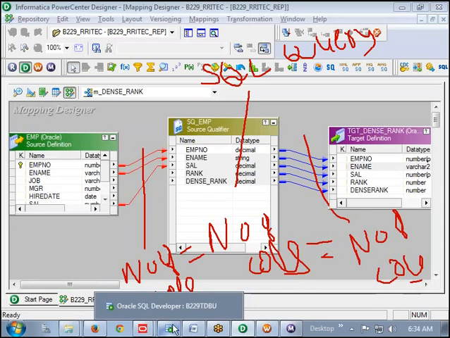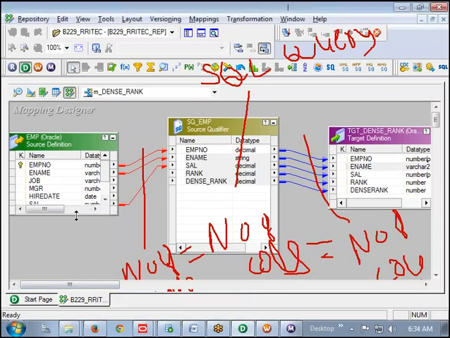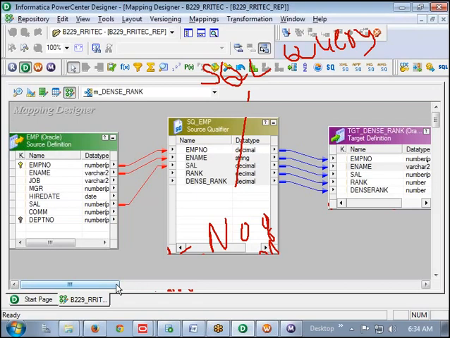Now try to connect here from the source to source qualifier, rank and dense rank transformations are connected. But do I have here in the source rank and dense rank? No. Any one dummy column we can connect it, because whatever we connect also we are not directly using these things. Whatever coming from SQL query, those things only we are using it. Any one dummy column we can connect, but make sure the data types are proper. So connect the commission and department number to the rank and dense rank. Connect it.